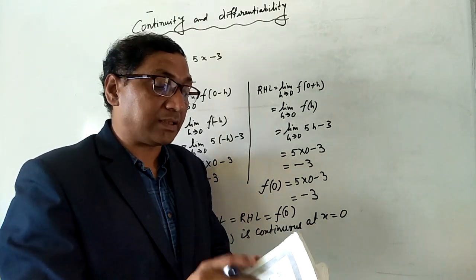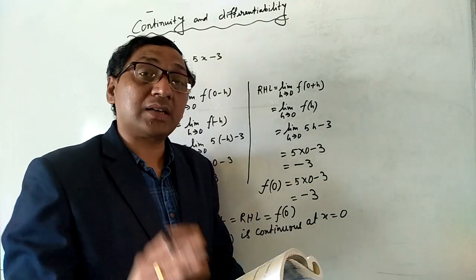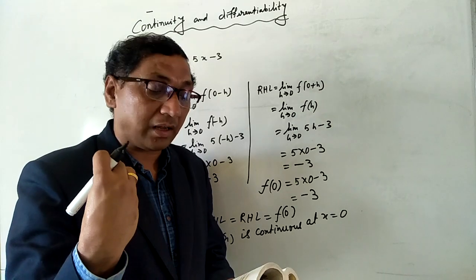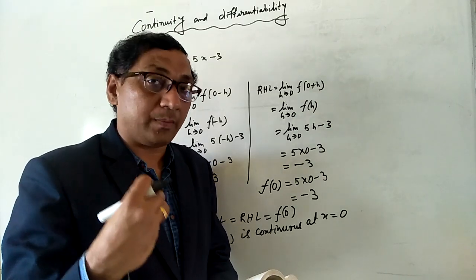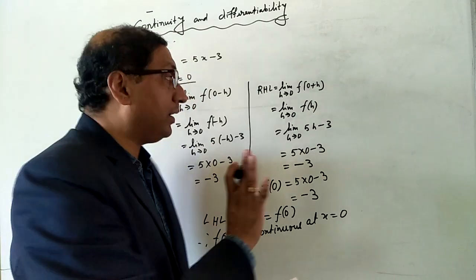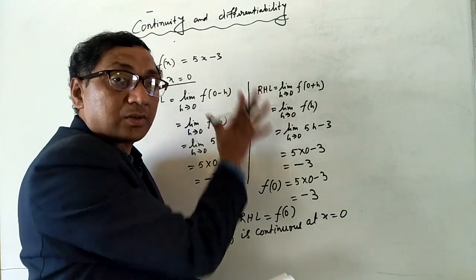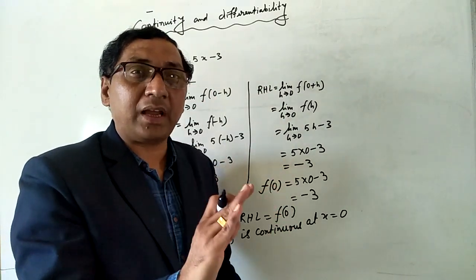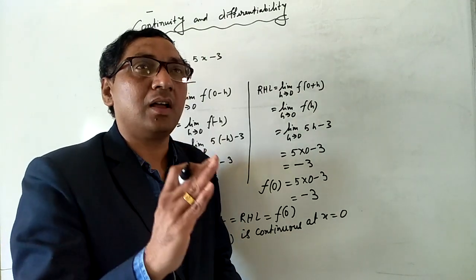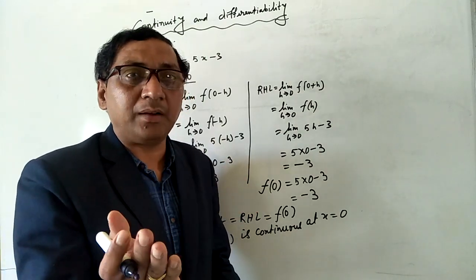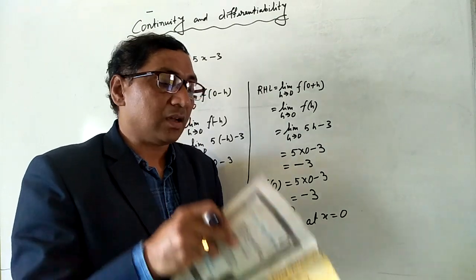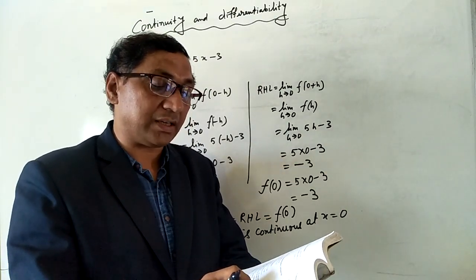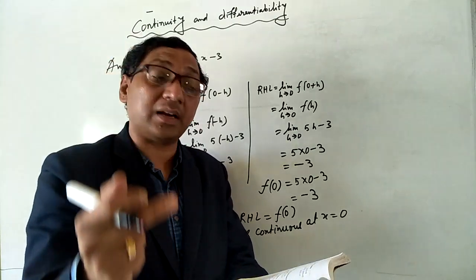And the second kind of questions is where the function is continuous, already given. We have to find unknown things like k ka value or a or b. Is it clear? One, we have to check whether the function is continuous or not. Second type of questions, you will get: find the value of k if the function is continuous, or find a relation between a and b if the function is continuous. So you will get question number 17, 18, 26, 27, 28, 29. All are similar type of questions.